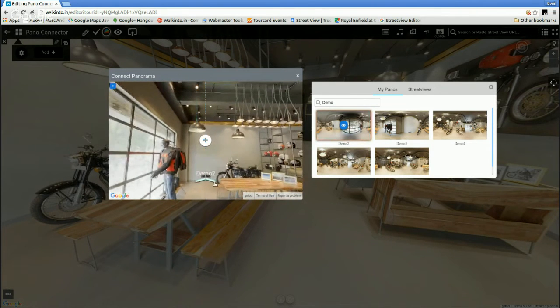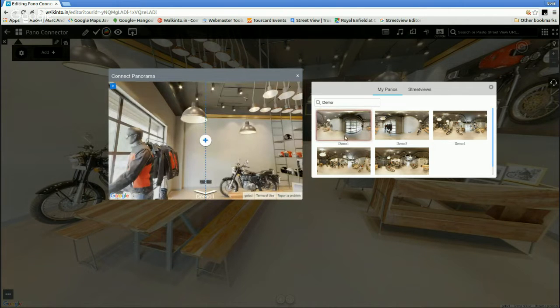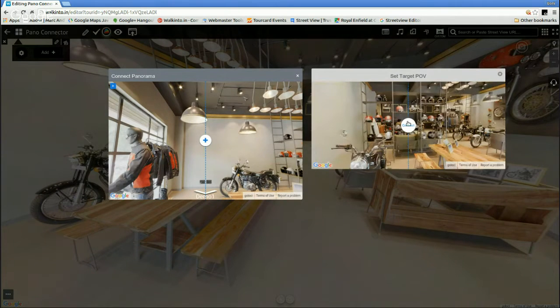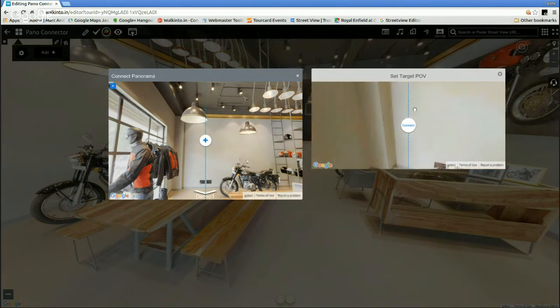All right. Now let's go to demo 2 and add the next panel, which will be my demo 3. I want to keep the exact same orientation going. Here you can see that the default orientation is totally different. I'm going to drag it up to line up the way I want.